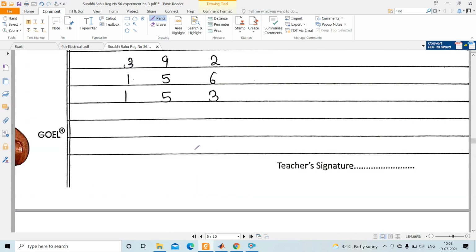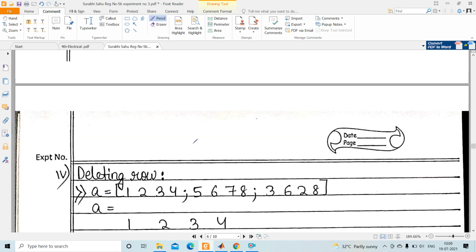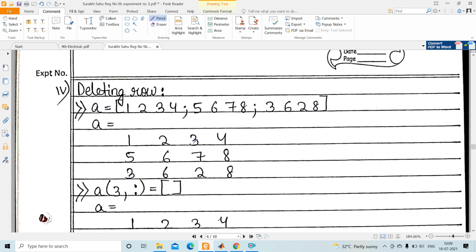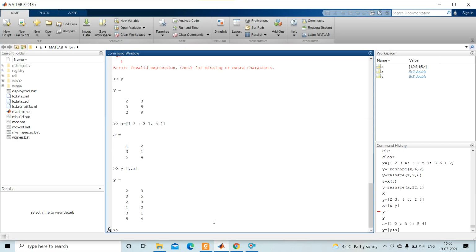Then the deleting. Okay, how do you delete? Okay, so for deleting we are doing deleting a row and deleting a column. So my X matrix is like this now.